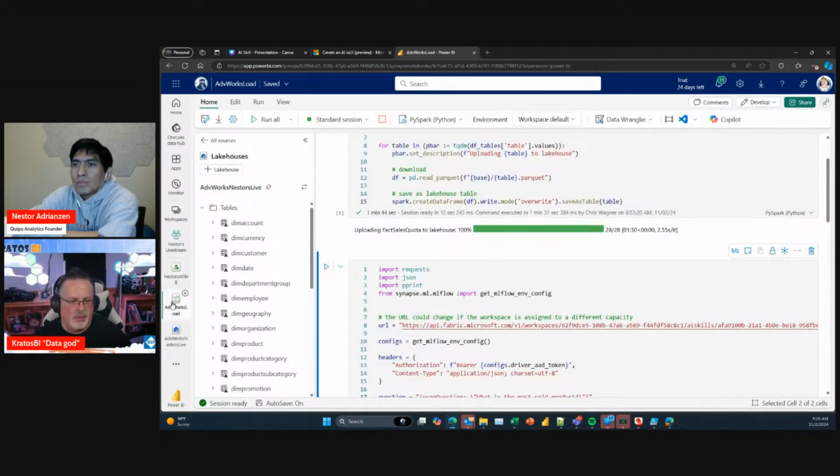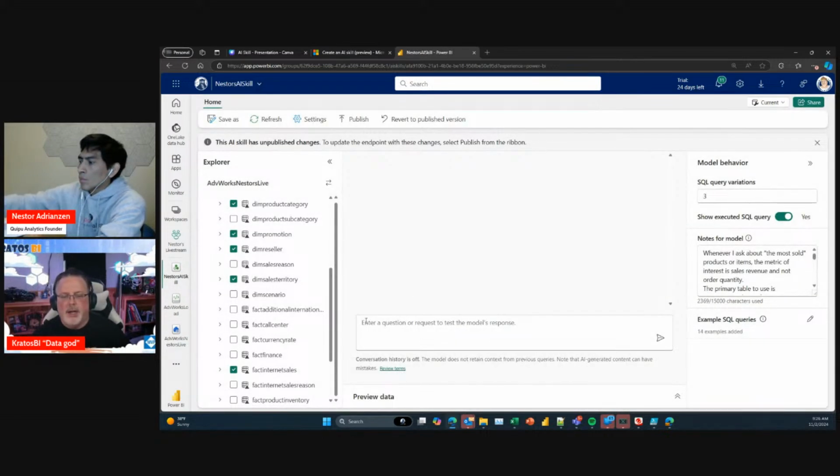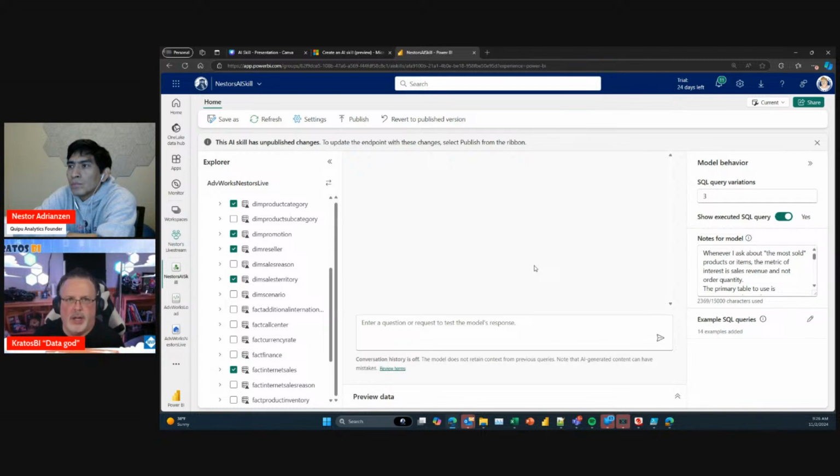Let me go back into it. Where's my AI skill? Right. This right here is training the Copilot area, and all of this is training that model to then be able to have Copilot generate the SQL, or find the SQL that should be run against it. So this is basically creating your own custom LLM in order to generate and execute queries against your own data.